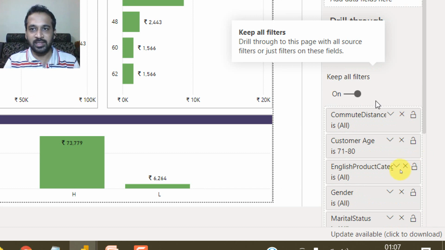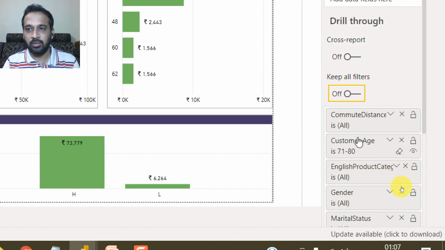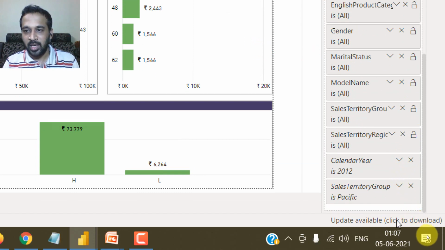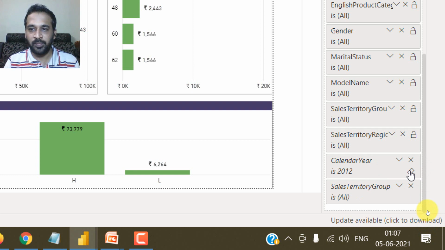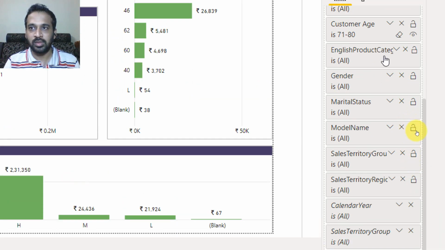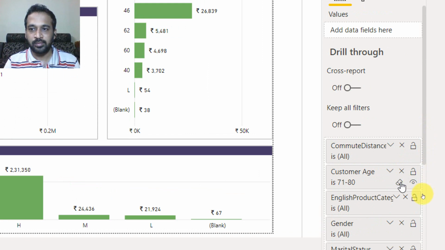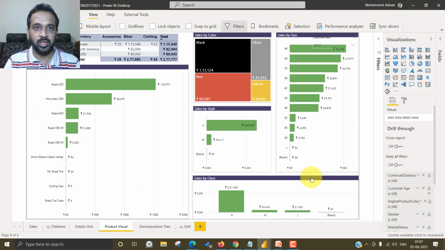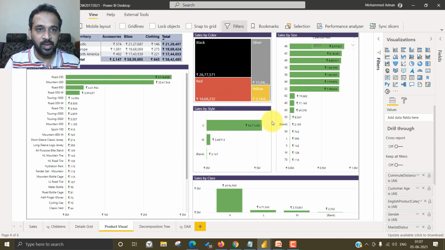The reason behind that is keep all filters. So if I turn off this one, and one more thing I had to do, basically I need to erase all these filters. So clicking on this one, clicking on this one, and clicking on the age. So if I zoom out this one, now it shows everything, the value without any filtration.